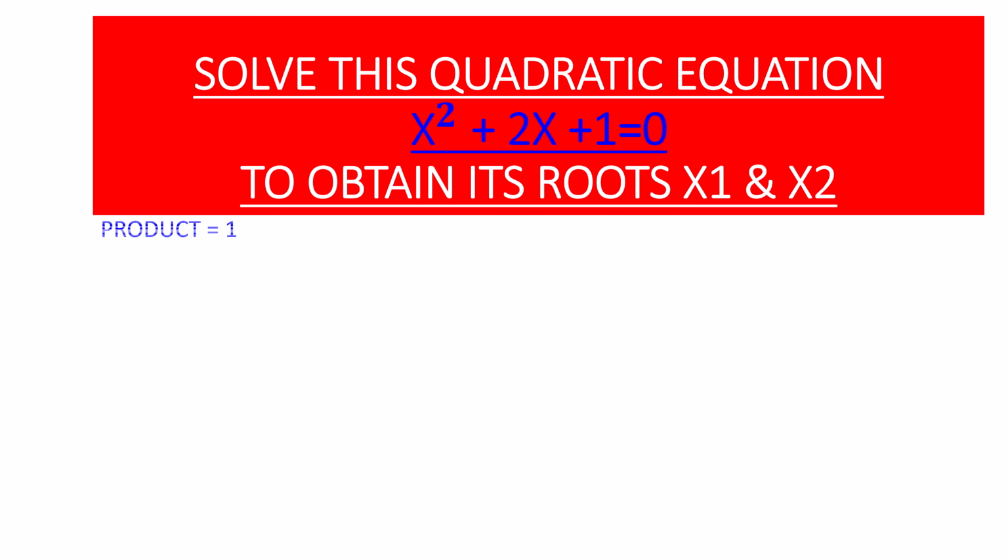Hello students, today we are looking at some mathematical problems and how to solve them. Let us start. Solve this quadratic equation x squared plus 2x plus 1 is equal to 0 to obtain its